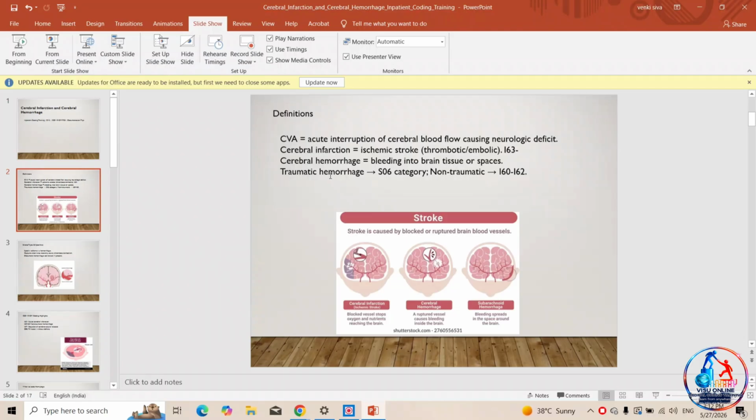Cerebral infarction is an ischemic stroke, either thrombotic or embolic. So what is cerebral hemorrhage? Bleeding into brain tissue or spaces. Here we have traumatic hemorrhage and non-traumatic hemorrhage. For CVA, cerebral infarction, the coding part, we go with the I63 series. Traumatic hemorrhage, we go with the S06 series. Non-traumatic, I60,